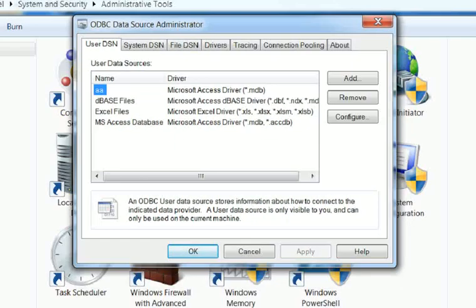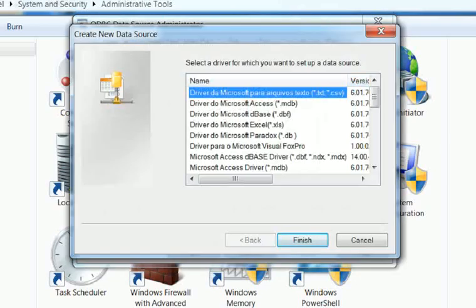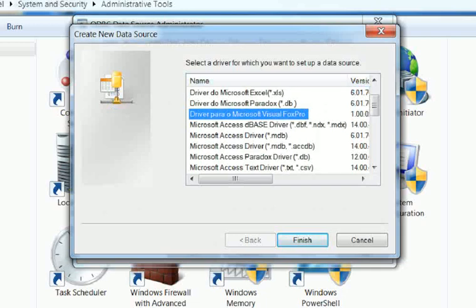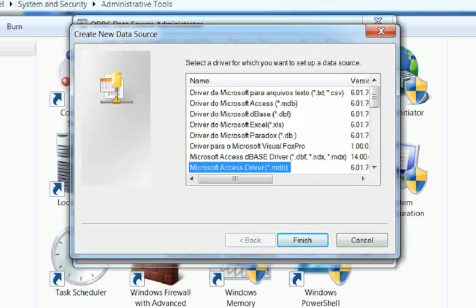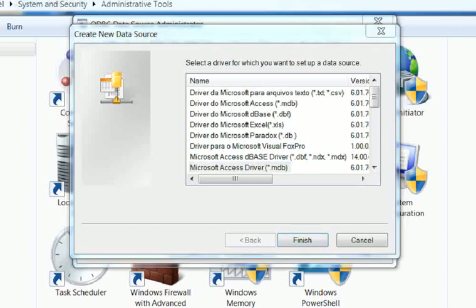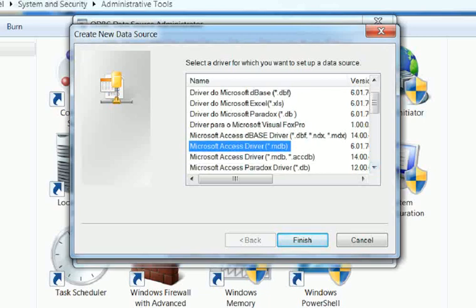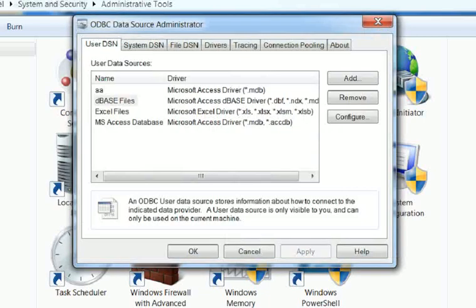Here you want to already have added this AA. So first click this database file and click Add, and you want to click Microsoft Access Driver .mdb, that extension. See this extension, and then click Finish.